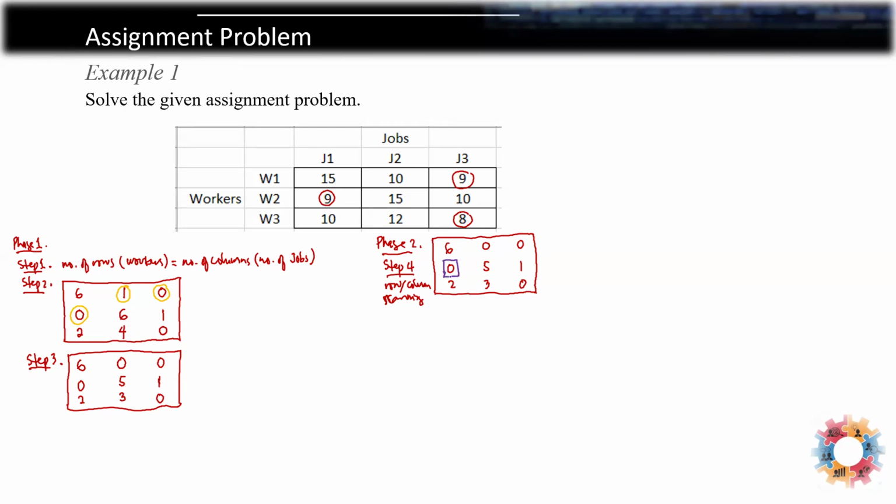Although you may do it later, as early as this, you can actually mark that by a square. And then, since that's the only 0 in the second row, the corresponding column where you mark a square on that 0 will be deleted. Okay, so you remove this, and you remove that column.